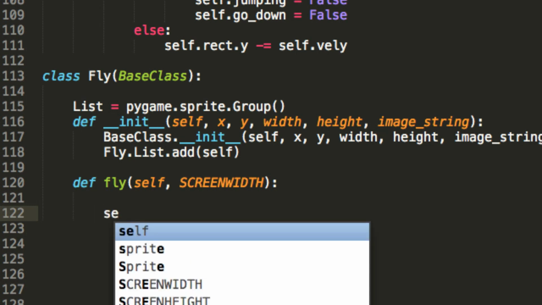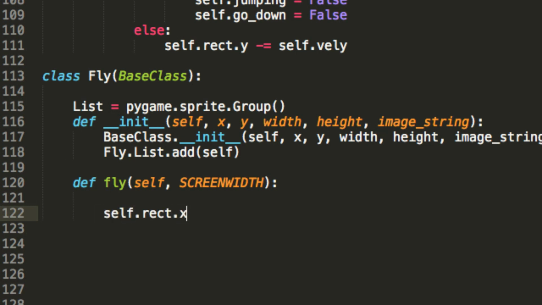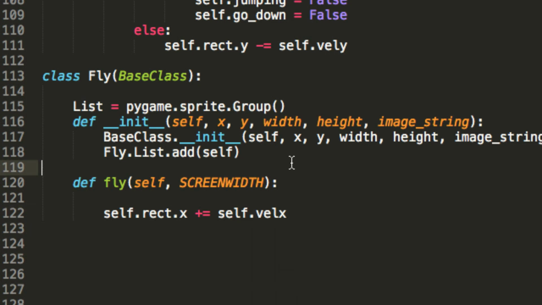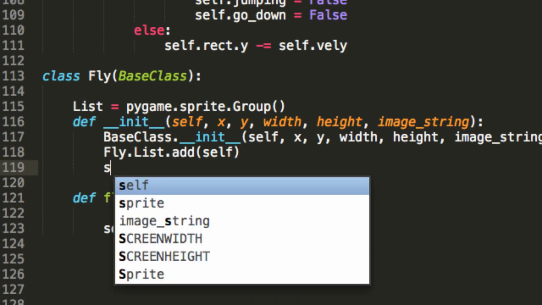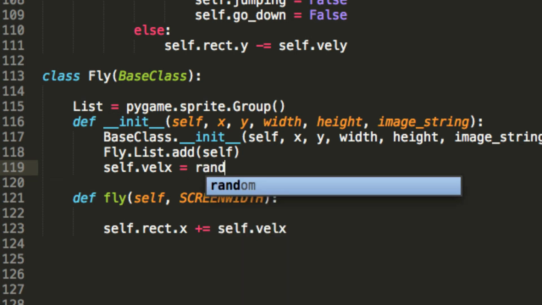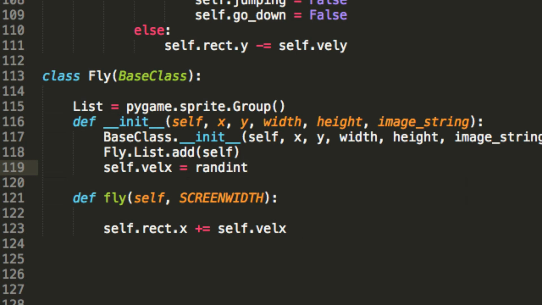So start off with self.rect.x plus equals self.velocityx. You guys probably know this routine by now. And of course we declare self.velocityx. But we want to give our flies some variety. We don't want them all to be going at the same speed. So I'm just going to do randint. So they're going to be going either from 1 pixel per second to 4 pixels per second. And that's going to be determined